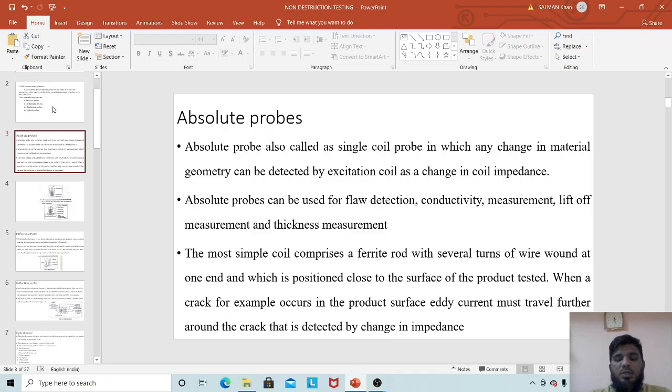If there is an open circuit, for example, if you create a gap in the flow of electrons, there will be no current flowing. So generally what eddy current does is try to change its path. Because of the change of path, an impedance is created. Because of this change, a small deformation is generated in the eddy current, and because of that you can identify the difference.